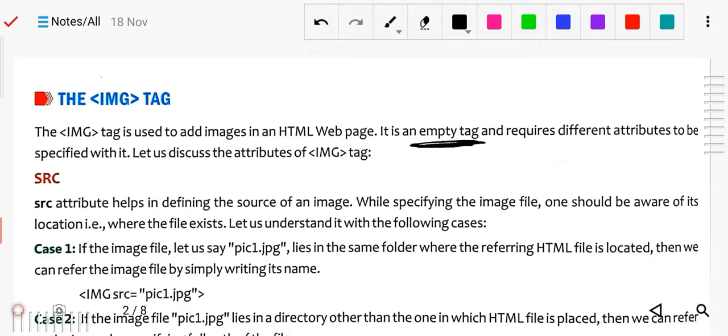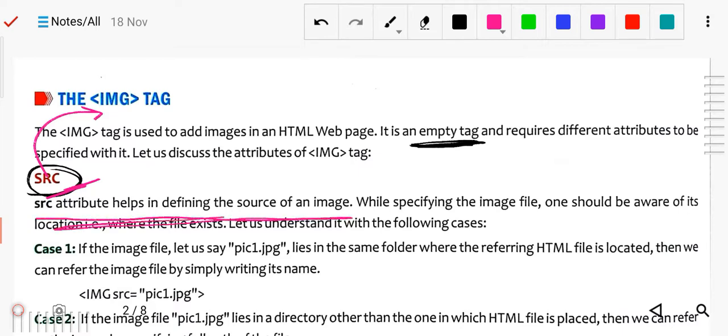First of all, we have to use this attribute, the src, which stands for source. This is the attribute of the image tag. The src attribute helps define the source of the image, meaning from where you will take the image.